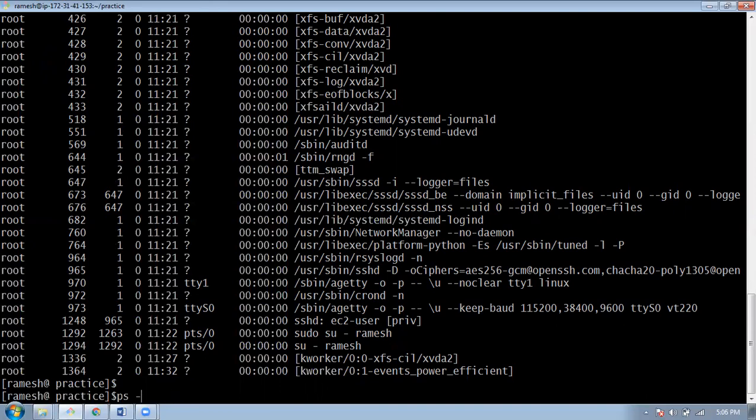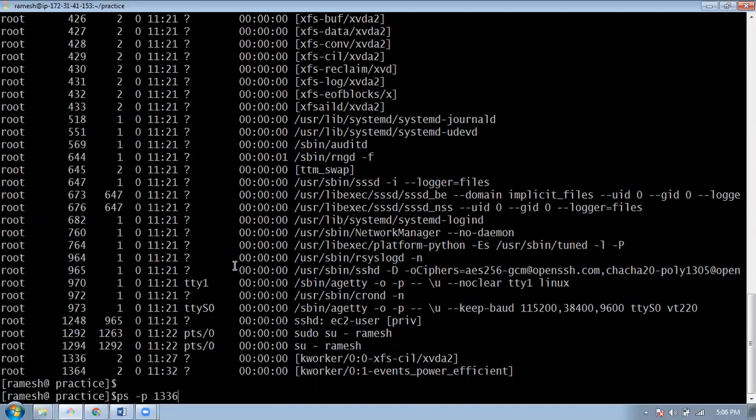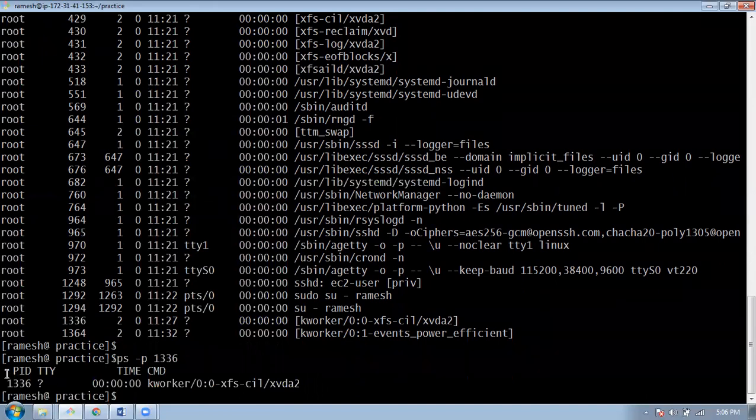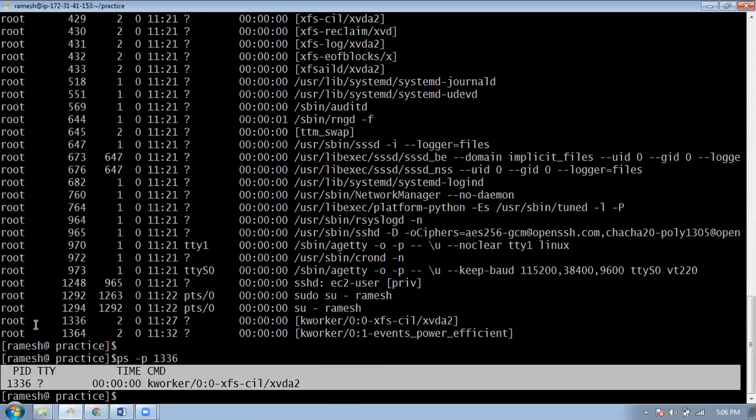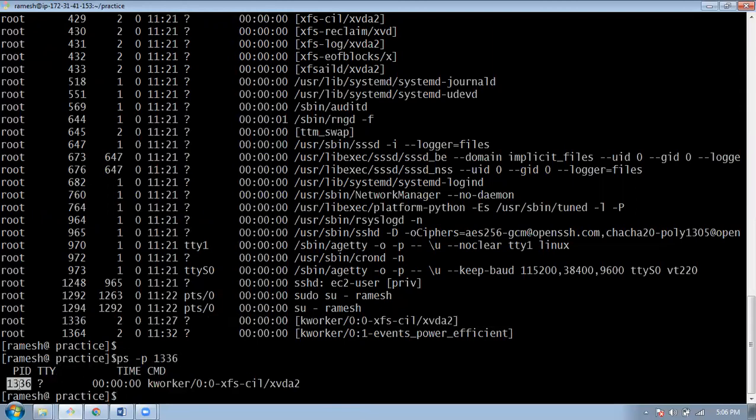Suppose if you know the PID, you can check what the process name is. ps -p and then let me take the PID. ps -p and then your PID. You can see the process name. So the same is displaying here. You can see only your PID.